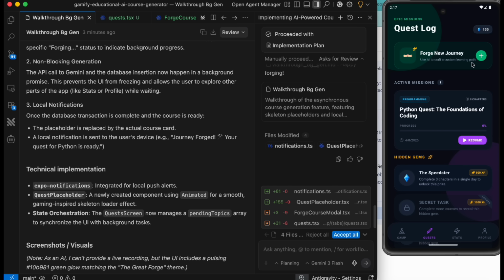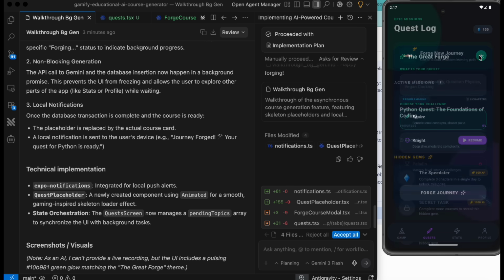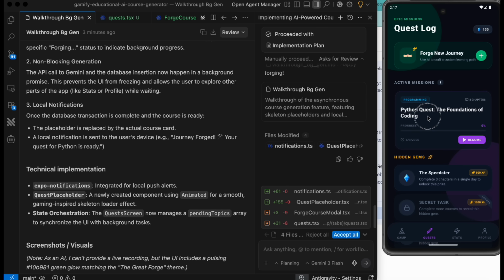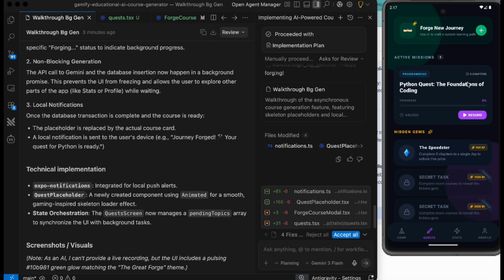Also now from next time whenever I create any course, obviously it will not wait for the complete loading, right? It will just create in the background, and once that is done, it will send a notification, and you can even track it on this active mission section as well. As simple as that. Okay, now next important part we are going to implement is whenever user creates any course,